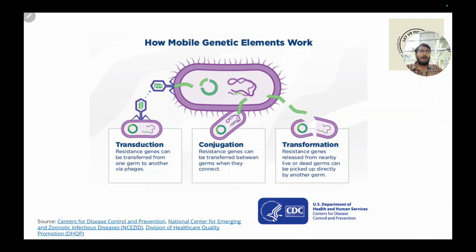So let us assume now this phage goes and infects another bacteria which does not have resistance. And as this phage infects it, it has got the resistance gene which came from me, and now it is being passed on to that other bacteria. So phages, viruses, are transferring resistance genes from one bacteria to the other bacteria. That's transduction. So I have tried to simplify to as much